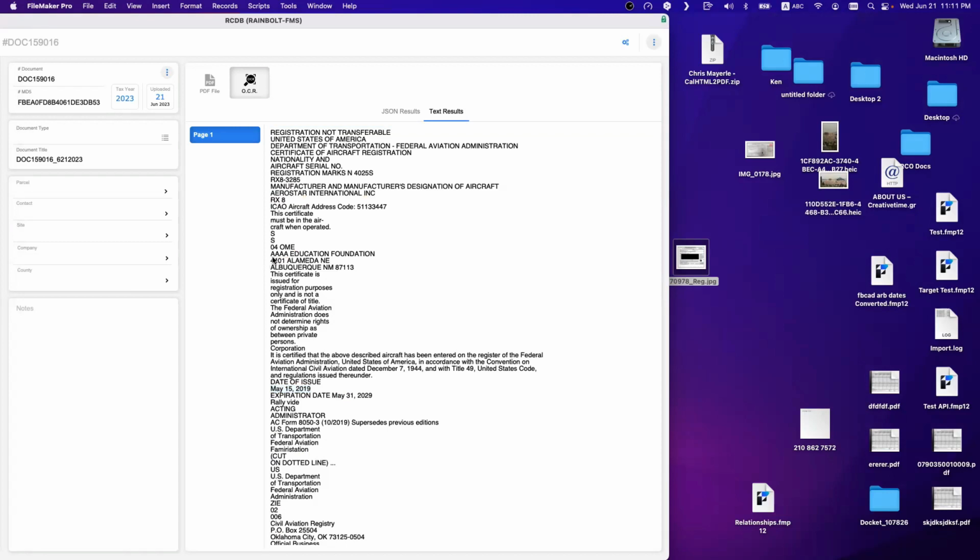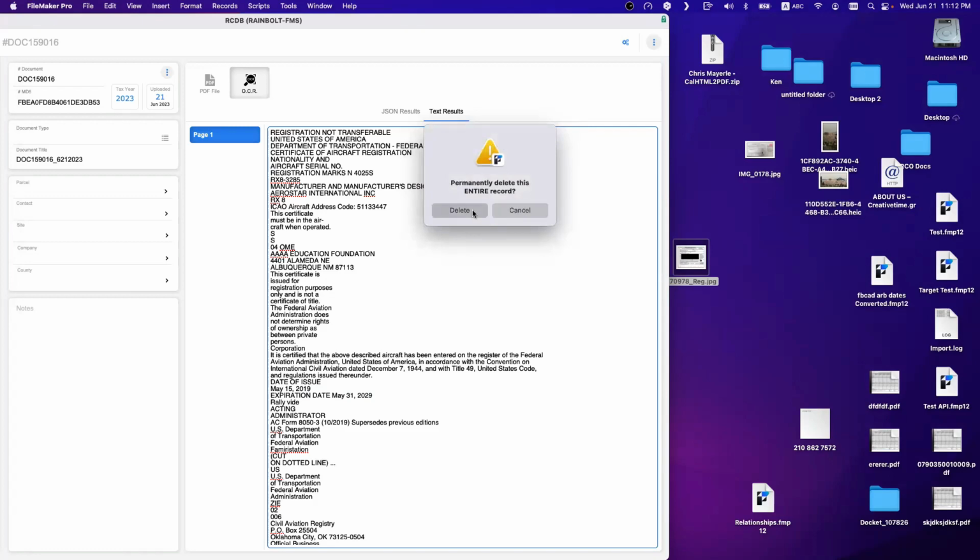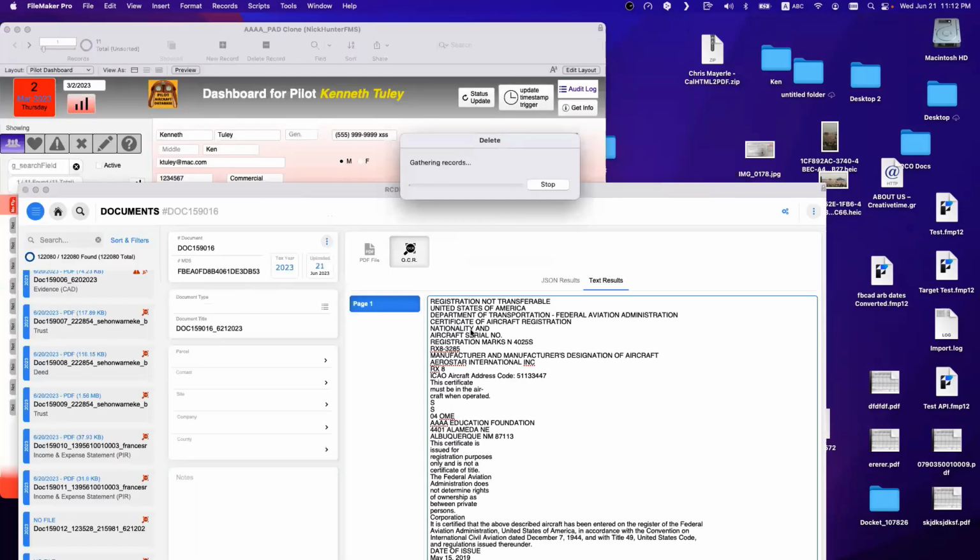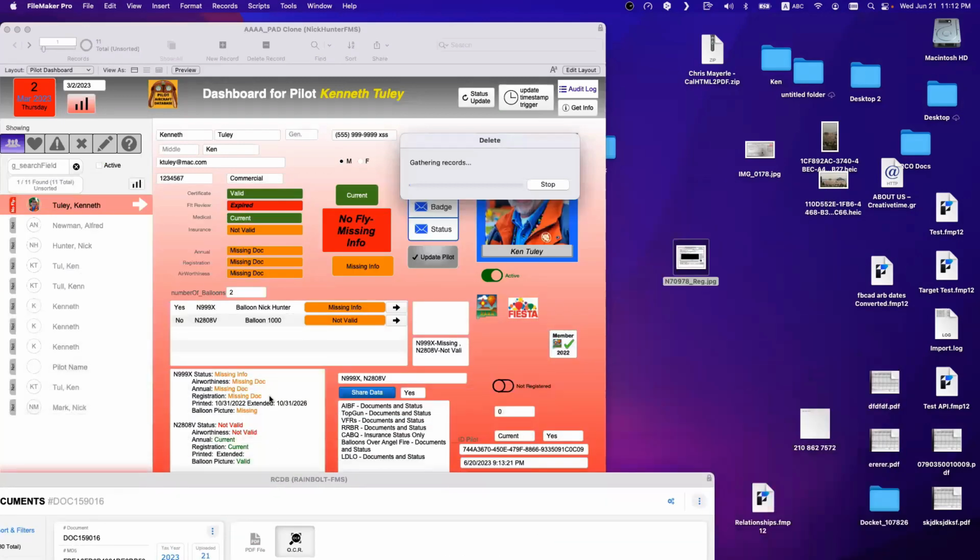So that will be part of next week. So that will be interesting. So how to implement the OCR technology, right? How to make it work on the file, how to get to that point, and then from that point, how we can scrape the information and get it inside the right field in your solution. So let me delete that, because this is a real file from a real customer. So I don't want to,